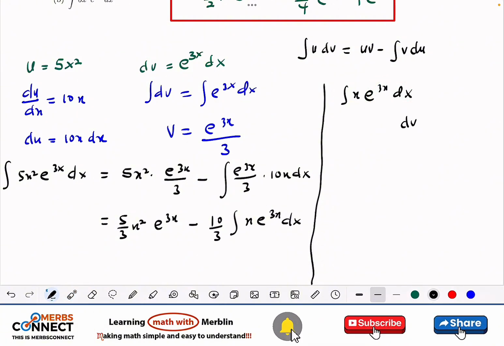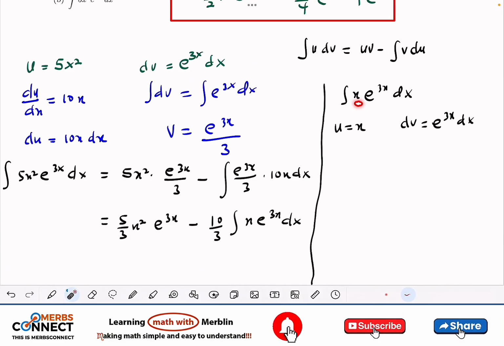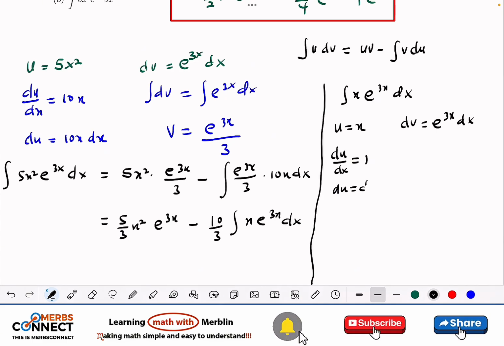So my dv will be equal to the same thing, 3 e to the power 3x dx, and my u will be equal to x, which is here. So now my du over dx will be equal to 1, and du will be equal to dx. And then this one, when I integrate both sides,